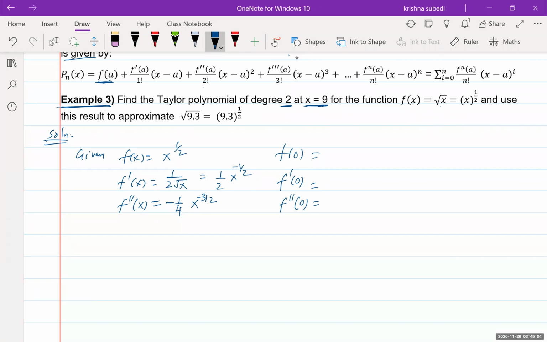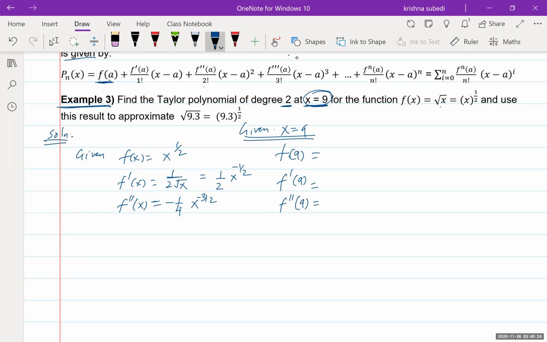Oh, not 0. Sorry, guys. It's 9. Here, x equals 9 given. Not 0. It's 9. Okay. Given x equals 9,